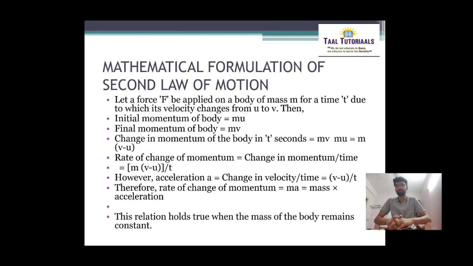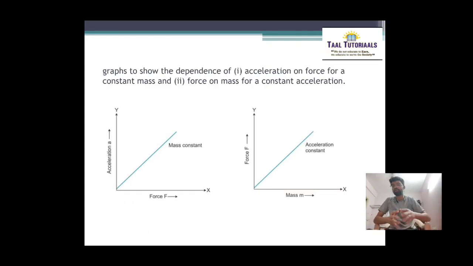Please see, class, page number 65, a very important thing: obtaining Newton's first law of motion from the second law. From Newton's second law, F is equal to ma. If F is equal to 0, then a is equal to 0. This means that if no force is applied on the body, its acceleration will be 0. If the body is at rest, it will remain at rest, and if it is moving, it will remain moving in the same direction with the same speed. Thus, a body not acted upon by any external force does not change its state of rest or of motion. This is a statement of the first law of motion.